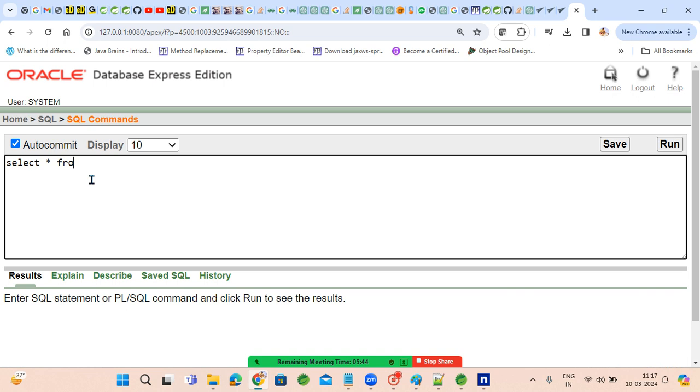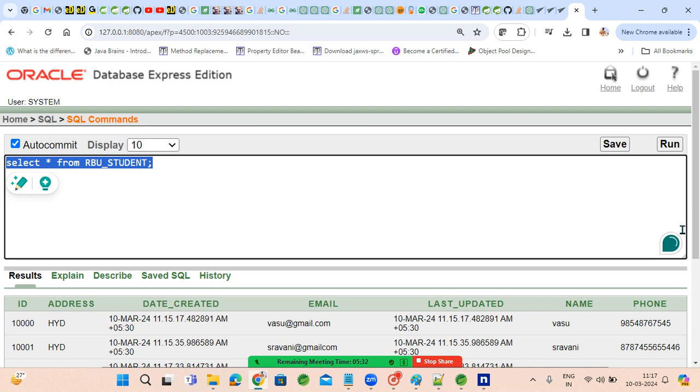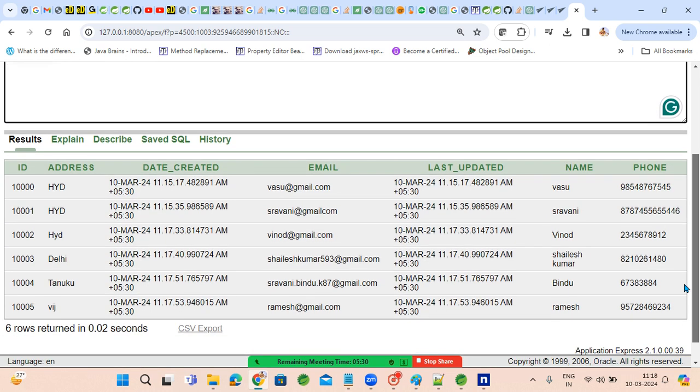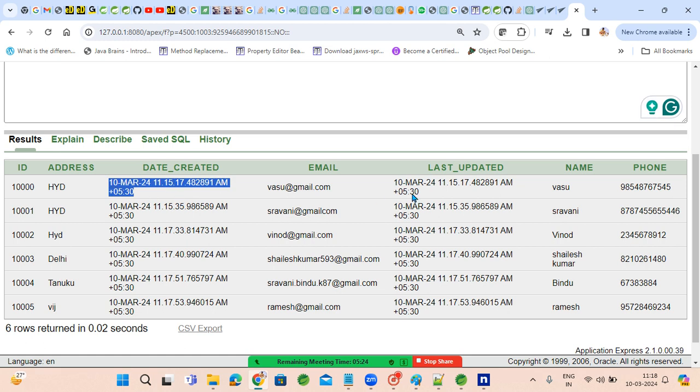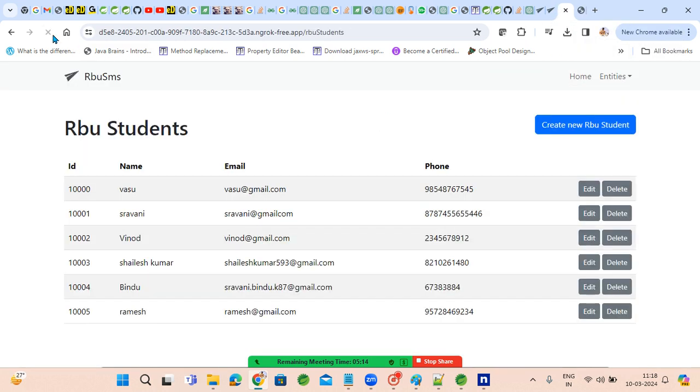Select star from RBU students or student. Yeah. See, I got so much data, including date created, date updated, when this record got created. See, have we done anything for this? Means nothing. It just got generated